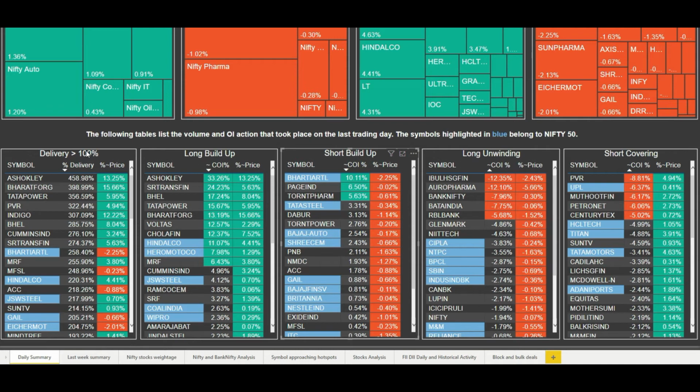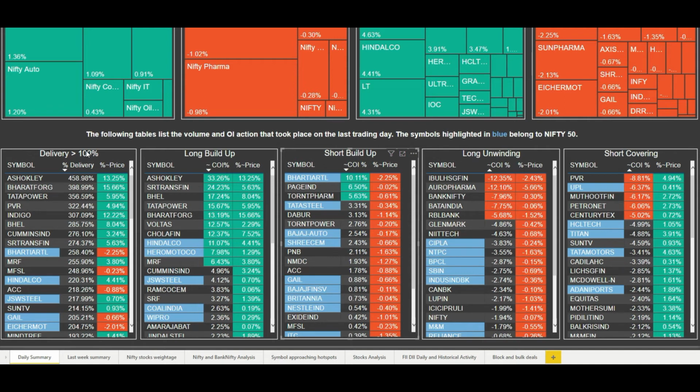So that's why we have taken the current expiry plus the next 2 expiries, and also the data published on the Nifty website is up to 3 months, right? So we have taken all these 3 months including the current month. So we can see that the cumulative open interest was 10.11% in the case of Torrent Pharma, 5.63% and so on.